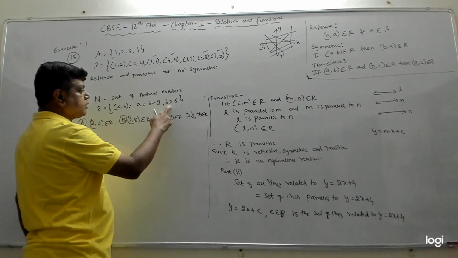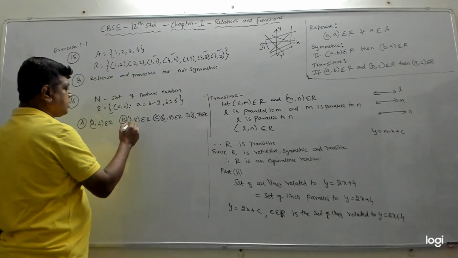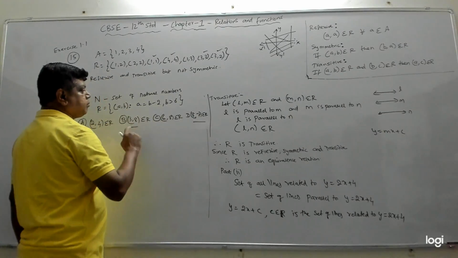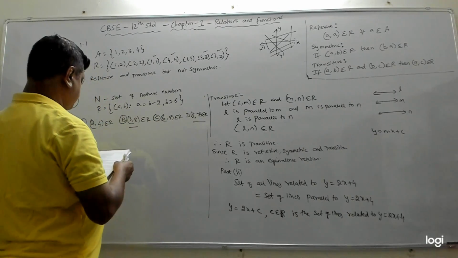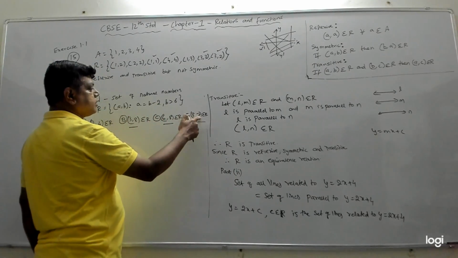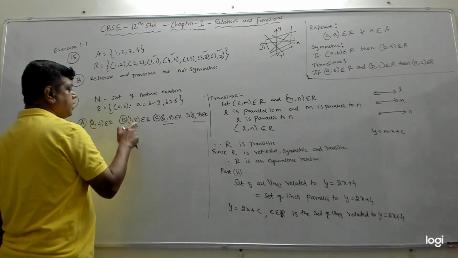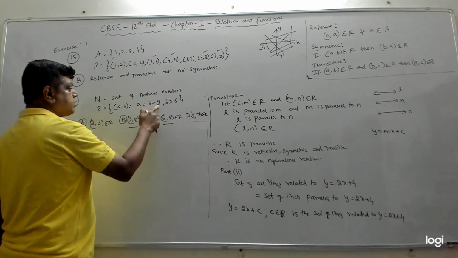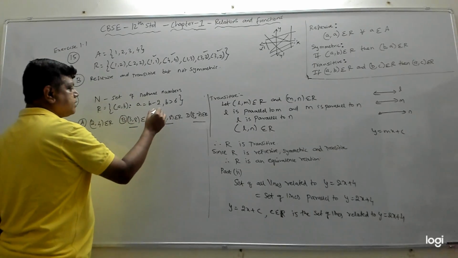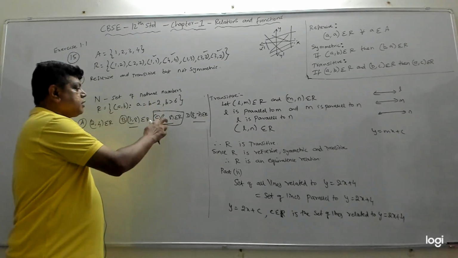Now b should be greater than 6, which means in (a, b), the second element should be greater than 6. So here the second element is greater than 6 means either this or this, because it is 8, it is 7. (6,8) is also there, sorry. So greater than 6 means 8, 7, these three will come. Then again, a should be b minus 2. Now substitute b as 8. 8 minus 2 is 6. So a becomes 6, which means we need (6,8), which is this one. So the answer is option C, (6,8) belongs to R, because it satisfies this condition.